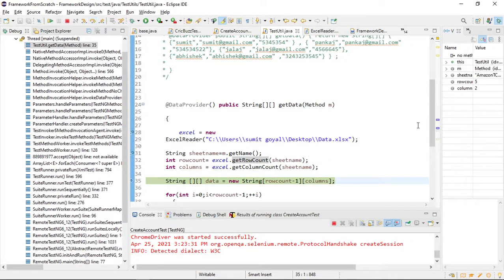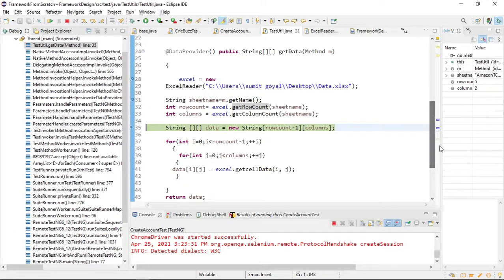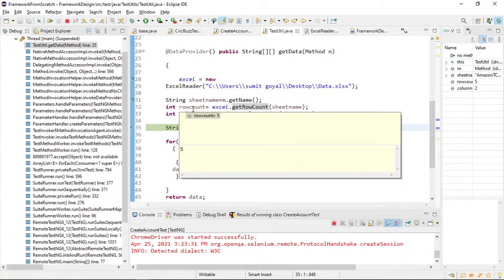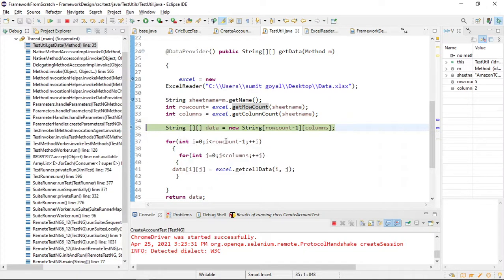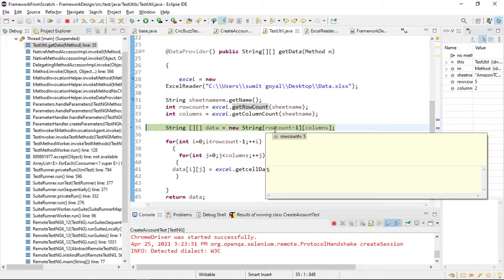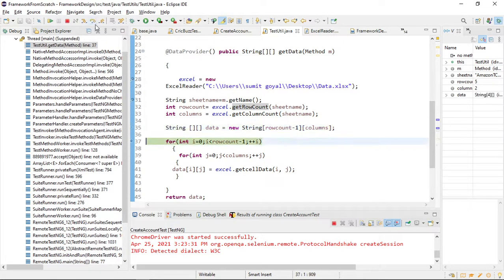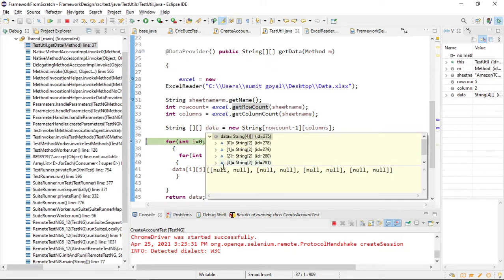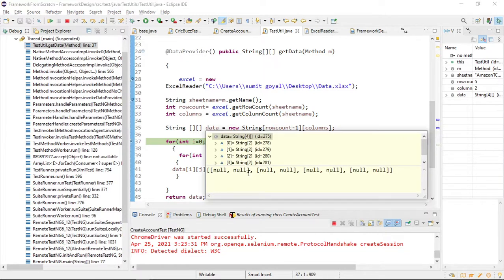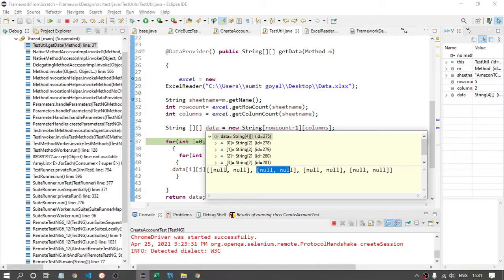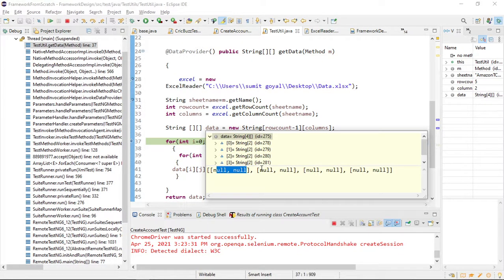And here I am creating one array. The total count is 5 and the columns are 2. If I create the array in this fashion, here it will be 5 minus 1, which is 4, and here the columns are 2. If I click this, we will see how it looks. It is an array of 4 rows, first row, second row, third row, fourth row, and 2 columns.